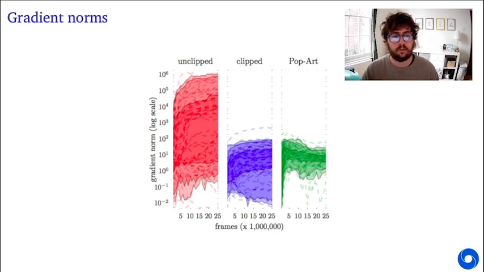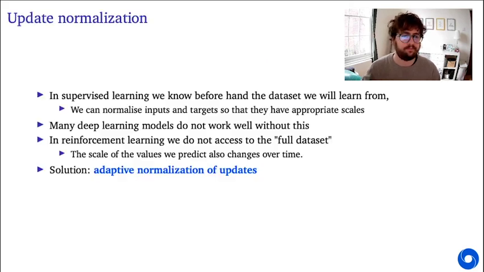So the way we get there is by using an algorithm that is called Pop-Art. Those plots were actually generated by running a vanilla Q-learning algorithm, but with Pop-Art on top. But before I delve into exactly how this algorithm works, it's good to discuss another thing, which is